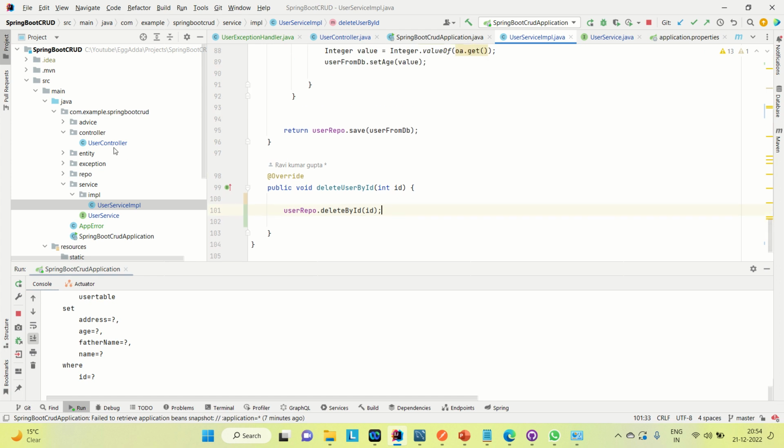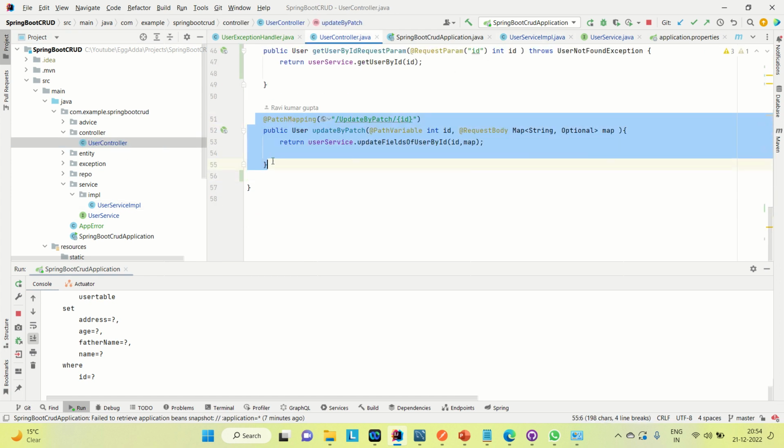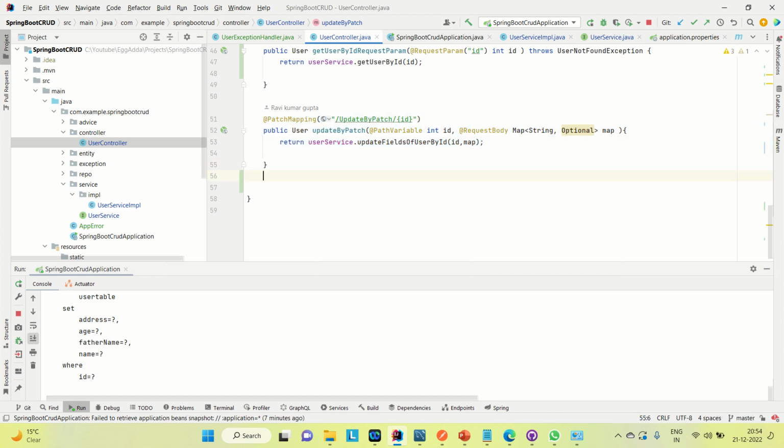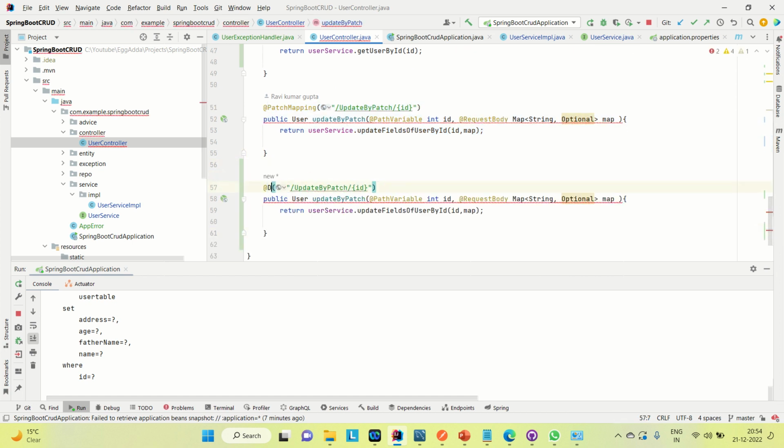Okay, and now I'm going to create a controller for it. So I'm just going to copy this and paste it here, and this is for delete mapping and we'll call it delete. Okay, and then it is done. Now coming here, let's say it returns nothing, and then delete user by id, something like that. And here we need to provide the user id, so you can provide it